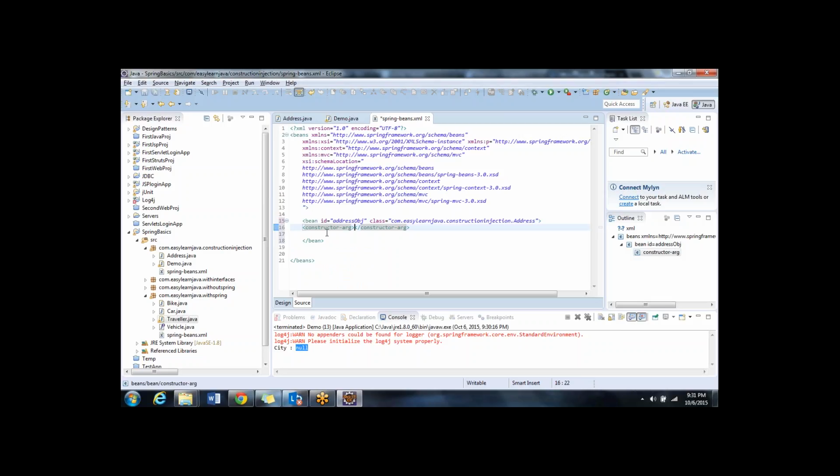The name itself says that I am trying to use an argument in the constructor. And here I say in the constructor arg, name equal to line 1, and the value that I want to inject is